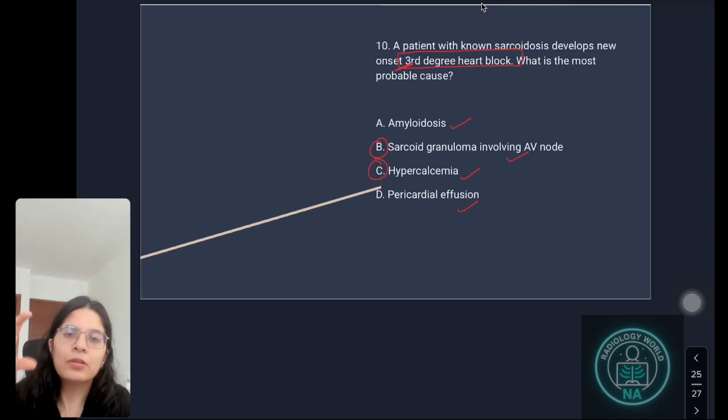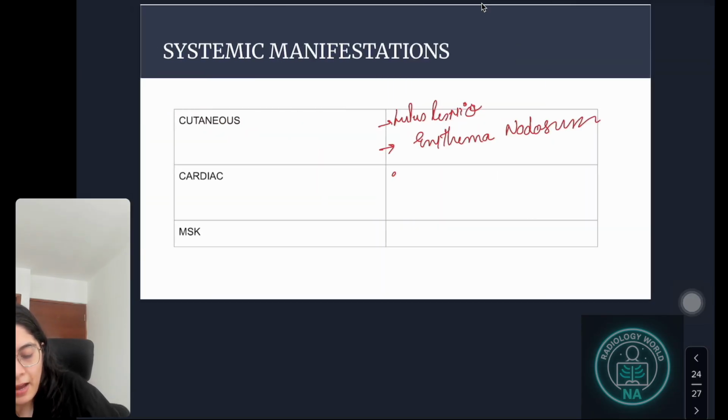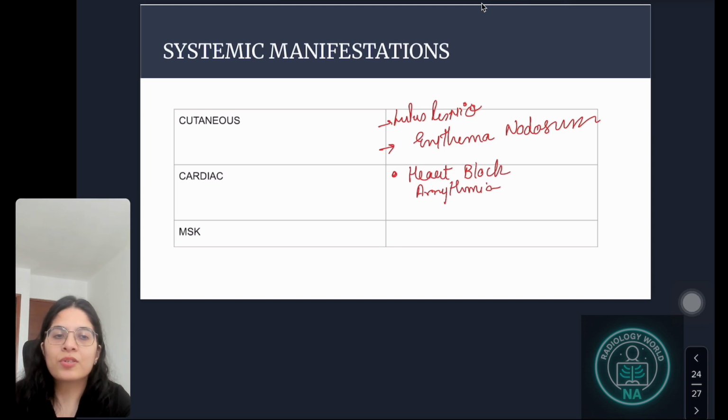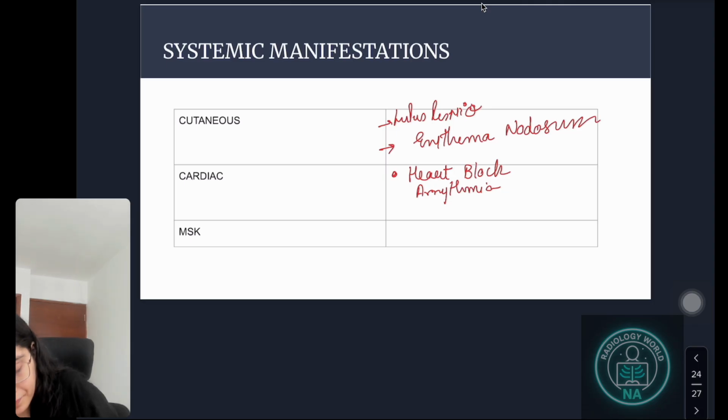But no, it's absolutely pathological. It's absolutely the pathology, that is those granulomas getting deposited in the AV node, which are basically leading to this heart block. So sarcoidosis patients, they may have manifestations of heart block. They may have arrhythmias. All this occurs because these non-caseating granulomas deposit in the conduction system or in the atria or in the ventricles, so that will lead to these particular symptoms. Another thing is that they have very characteristic site predilection for the deposition, which is in the ventricles along the